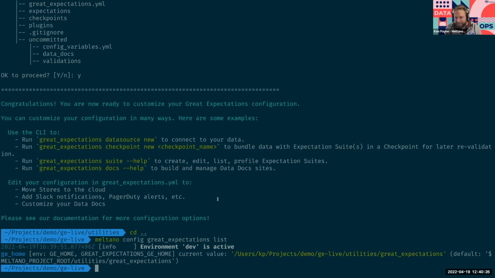You might be asking at this point, that's all well and good, but what we've done is a little bit heavier than just running the pip installable ourselves. Why should we be adding Great Expectations as a utility inside Meltano? Well, I mentioned a couple of times that environments allow us to do cool things with configuration, and really a